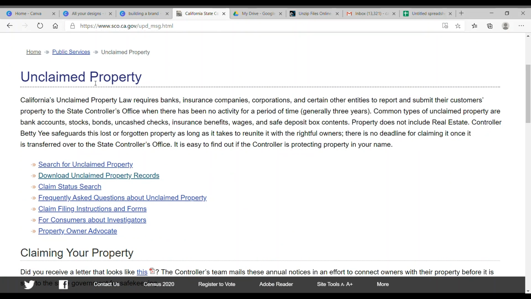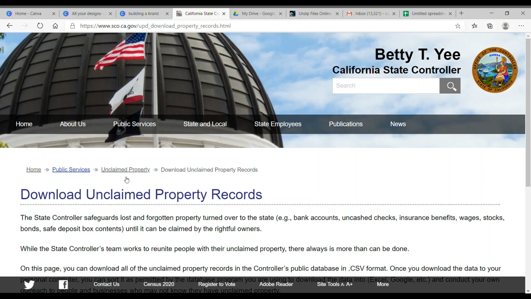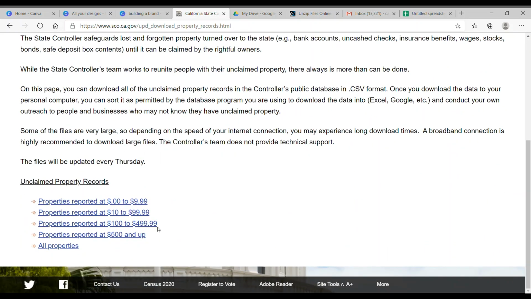You're just going to want to come down here under unclaimed property. There's the download unclaimed property records. Click on that. Now, in the state of California, there's like 475,000 unclaimed property records. So there's a whole lot. They're going to segregate it down to the ones where it's $0 to $10, $10 to $100, $100 to $500, or $500 plus. When you guys are pulling leads, keep in mind how much money you're going to be